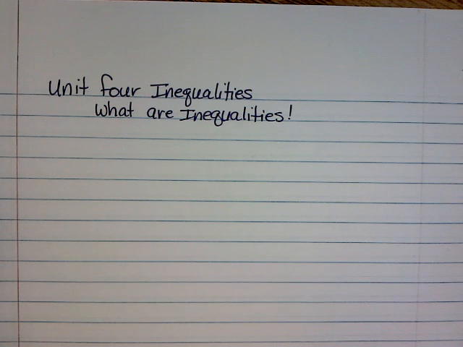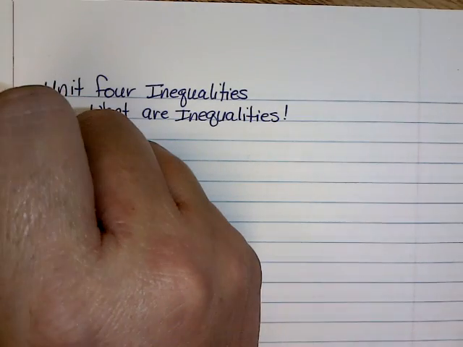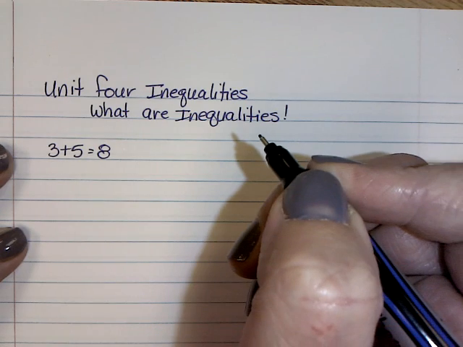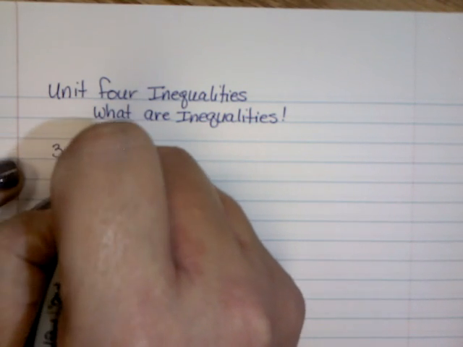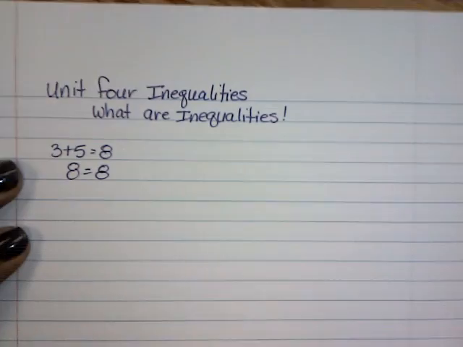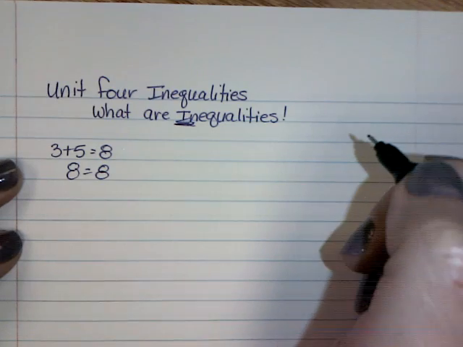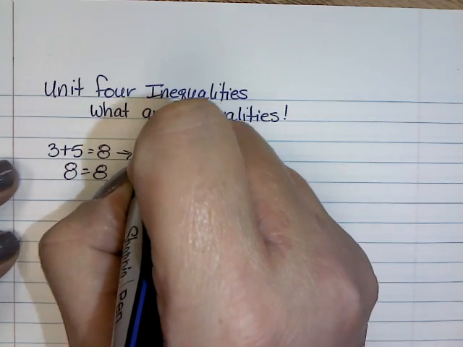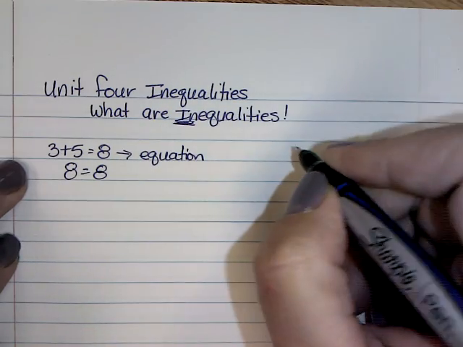Okay, and inequalities are not like an equal sign. When you have an equal sign, that means that one side is going to equal the other side. For example, 3 plus 5 is 8, and that equals 8. Inequalities, that word "in" means that they're not equal. So this is an example of an equation